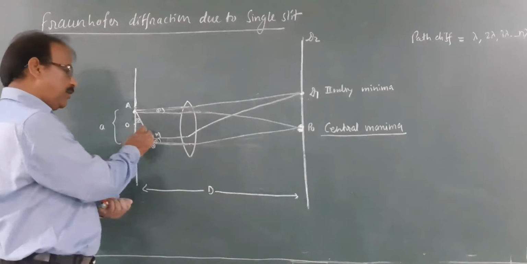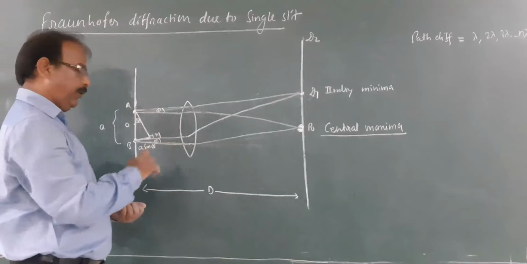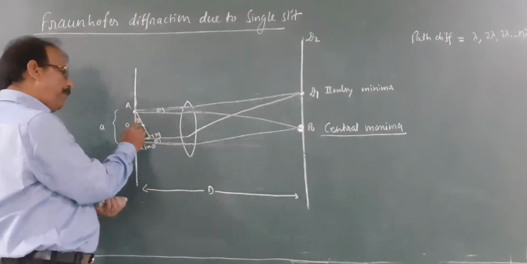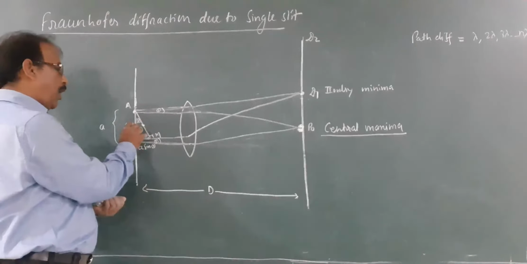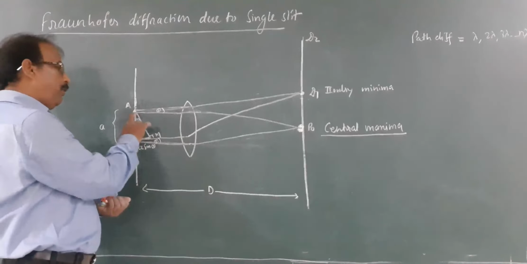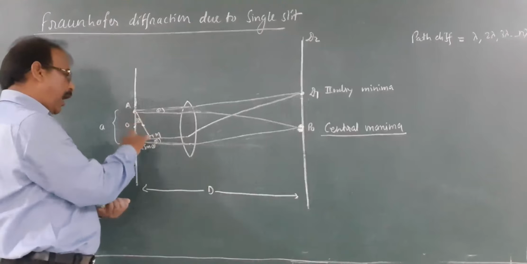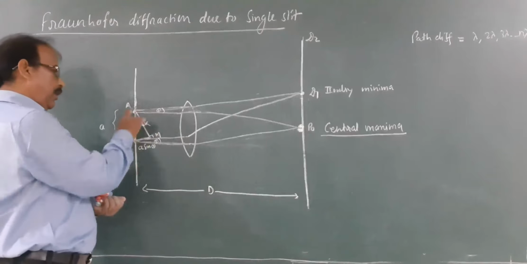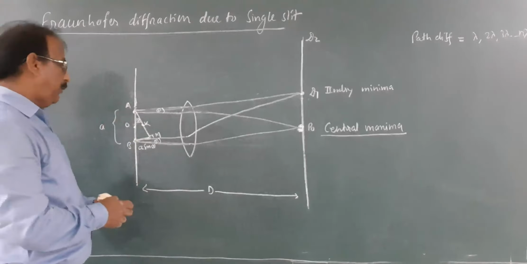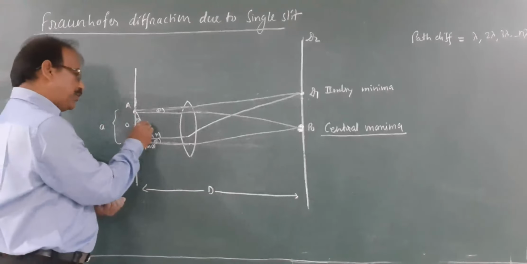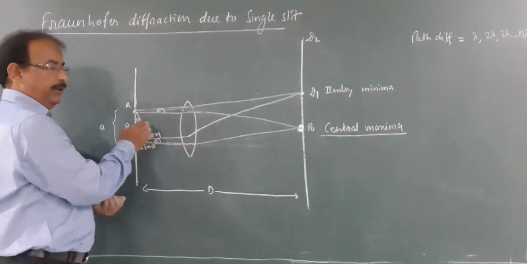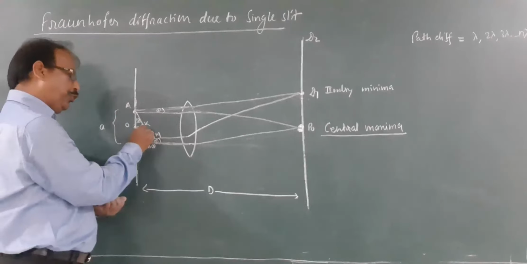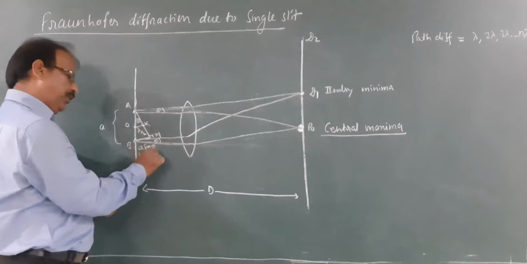Take midpoints of AM and AB. Suppose K is the midpoint of AM. We have already taken the midpoint of AB. This distance OK will come lambda by 2 if this is equal to lambda,